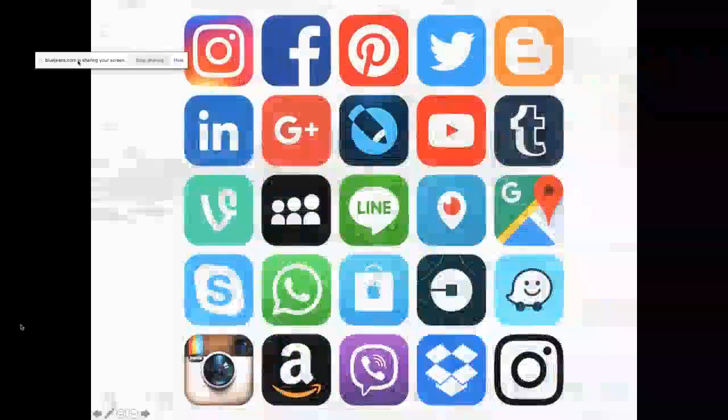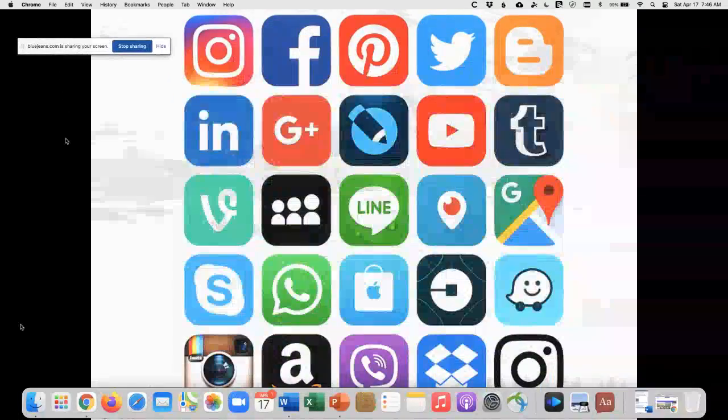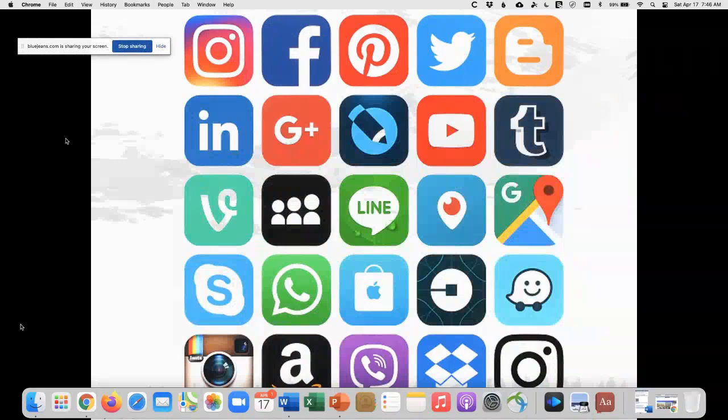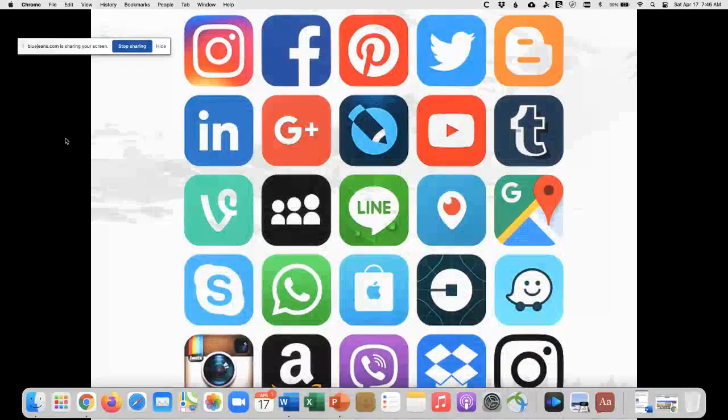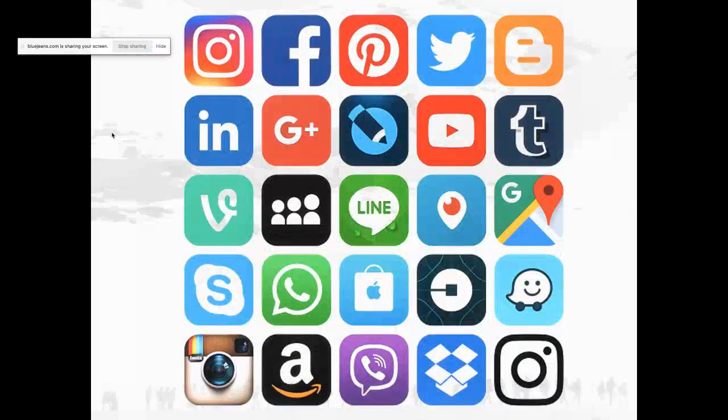Then if we could think about just social media, every different app has its different rules and different language, right? It's not the same thing to communicate on Instagram as it is with Pinterest or with Twitter or Facebook. Every different platform has its own rules. And the more we can help our students deconstruct these different languages, the more critical they'll be, but also the more power they'll have to create their own messages.